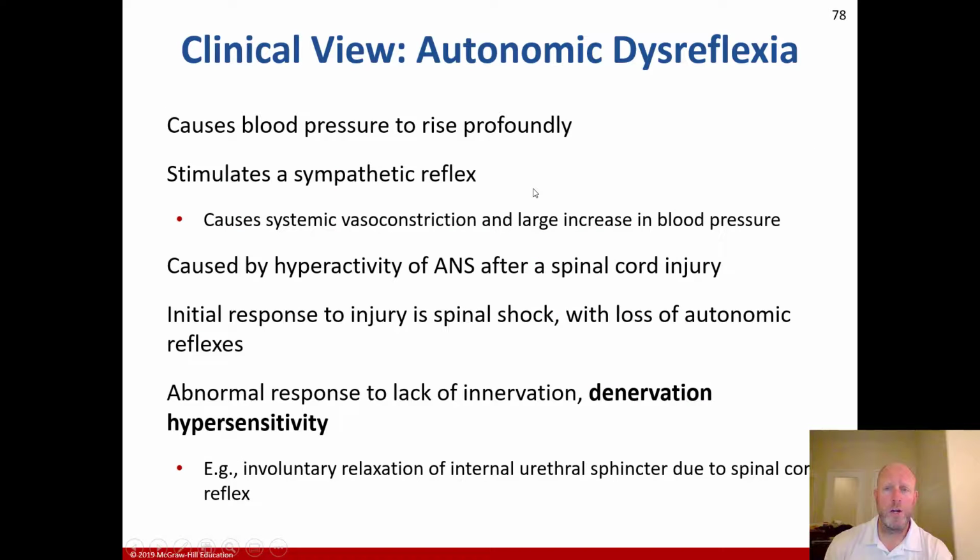As far as clinical view with autonomic dysreflexia, this causes the blood pressure to rise profoundly. It stimulates a sympathetic reflex, causes the systemic vasoconstriction and large increase in blood pressure. It's caused by hyperactivity of the ANS after a spinal cord injury. The initial response to injury is spinal shock with loss of autonomic reflexes. An abnormal response to lack of innervation is denervation hypersensitivity, like involuntary relaxation of the internal urethral sphincter due to